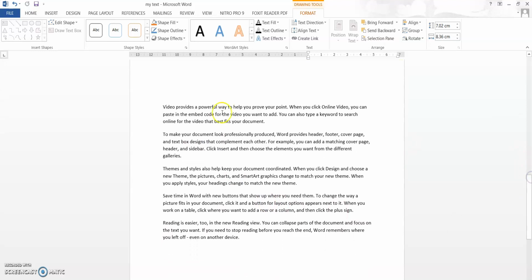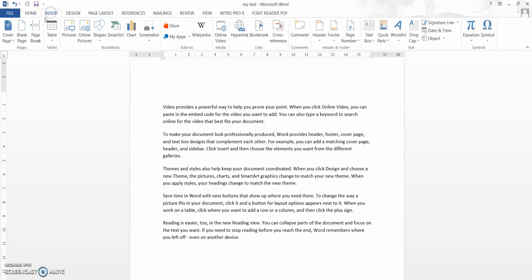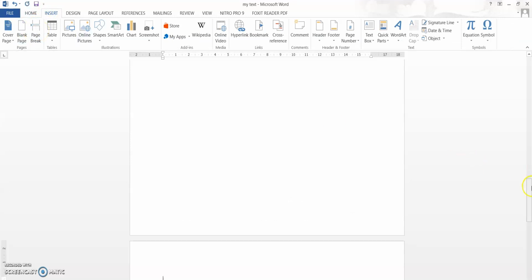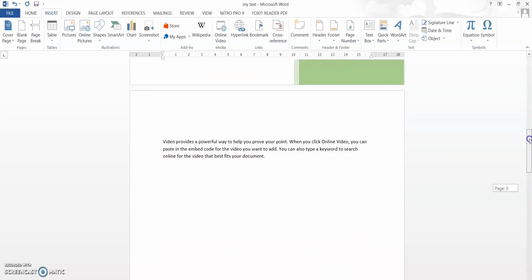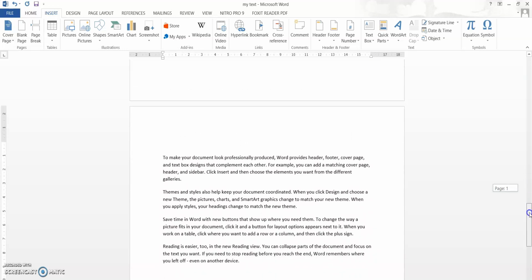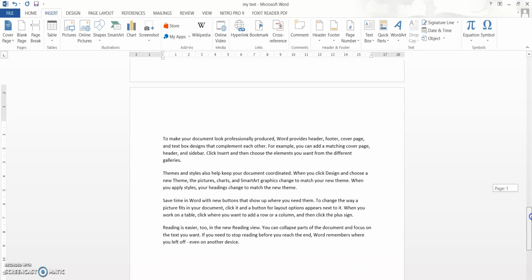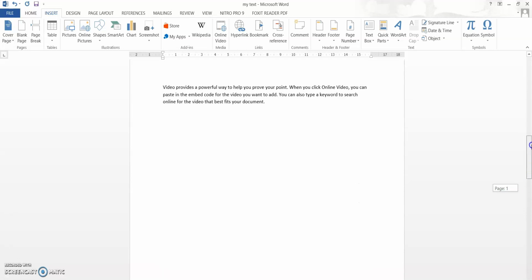Okay, so in this paragraph what I need to do is, I want this part to be on a page, then I want a page gap or a page break. So what I do is I select this part, then select Insert. Then I can add a blank page or I can break the page. So first let us break the page. If I press page break, then the paragraph I have will be on a single page. Then I will have the remaining paragraph on the next page. So this is how we can break the page.